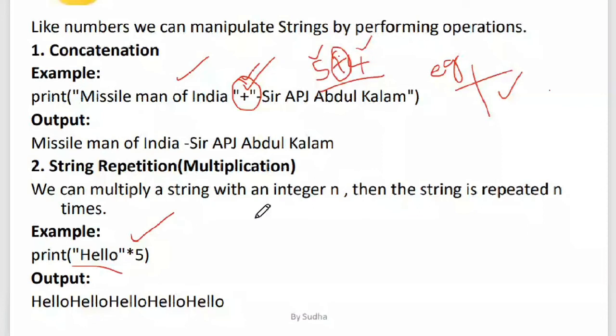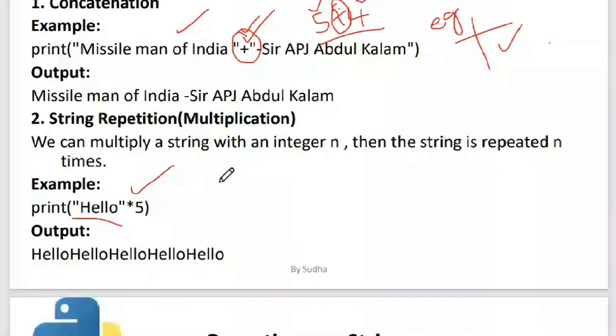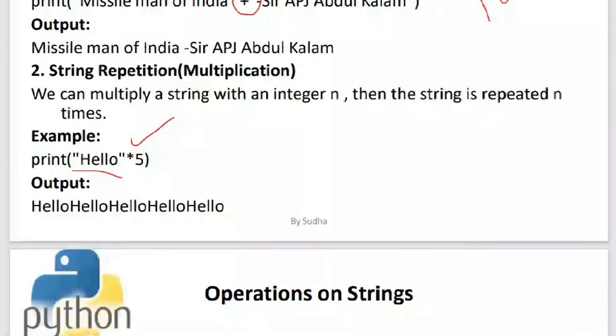But here you can simply say *5 after the text. When you say *5, it will print the text that you have given here 5 times on the output. You might not need it all the time, but we are learning everything so that when you write your programs, you might need it.